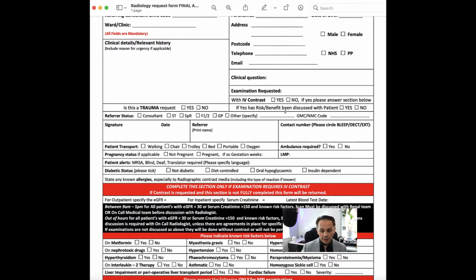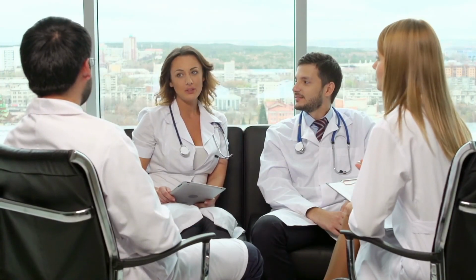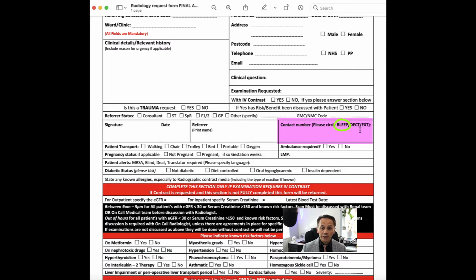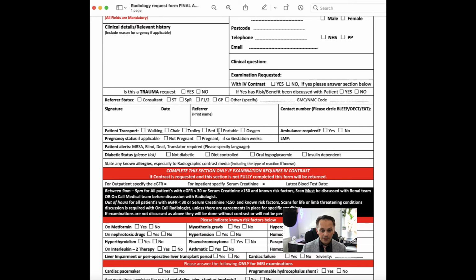And when we highlight here contact number, some would write an extension number, some would write a bleep, some would write a DECT. So it's good if you could advise your team to circle which one they are using, because there's no point in us calling a bleep number thinking it's an extension when it's actually a bleep number. It doesn't help communication. We're not going to go through the patient transport type or ambulance, or if the patient is pregnant or not, but this is something that you have to go through, and each